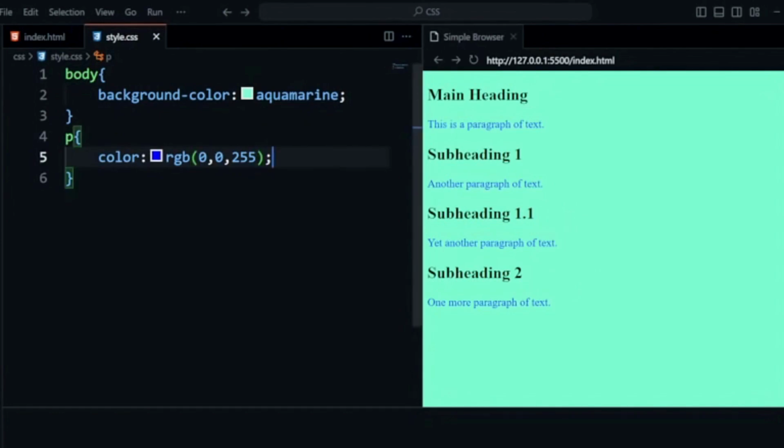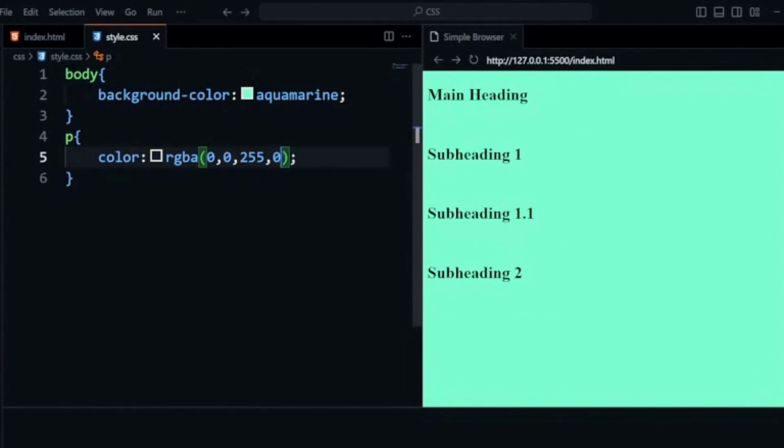There is another way of declaring color, which is RGBA, where A is alpha, which is used for transparency. The minimum value of A is 0 and the maximum value is 1. If we set our A value as 0, it is fully transparent, then your text will not appear.